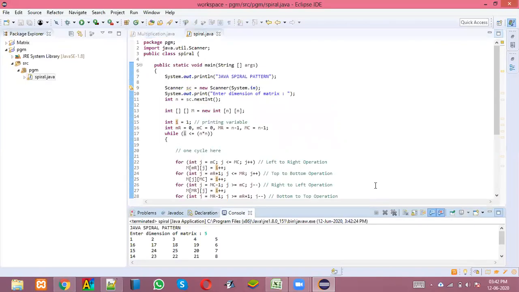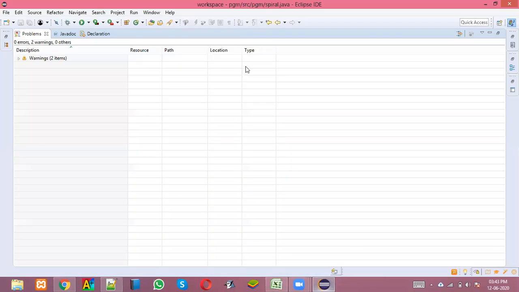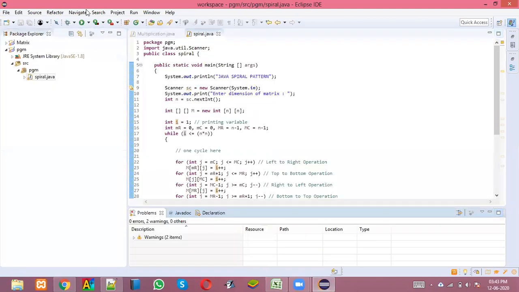Let's test it with another example. Let's put 4. Look at this matrix, an even-numbered matrix. Even that is going to work. See how nice the pattern looks. Let me just move and show. Look at this pattern: this, then come here, and go here. Nice. Let's see another example. Yeah, I'm liking this.